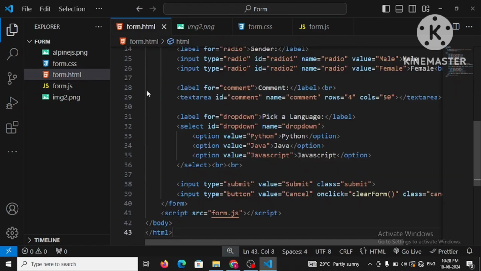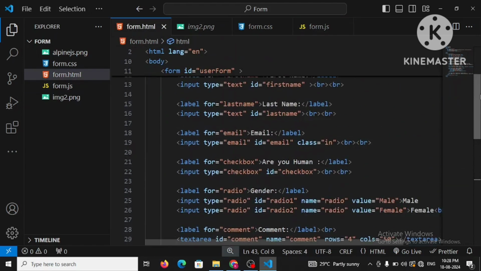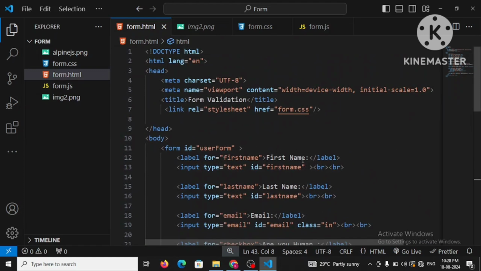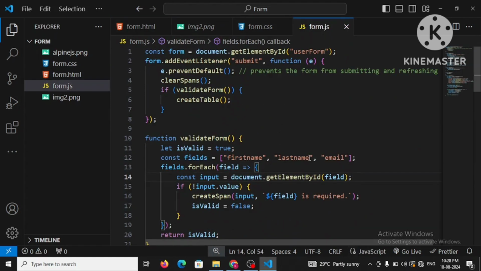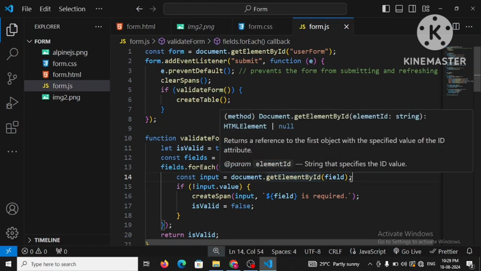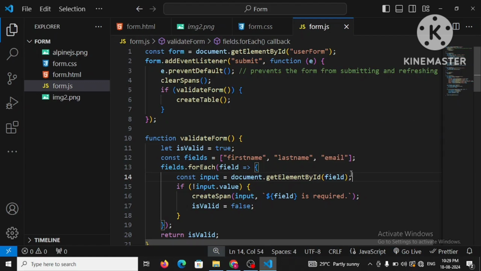It just selects the first name element. Then second, last name is coming. Then it selects the last name selector, and finally email is coming. Then finally it selects this email selector. Next it checks